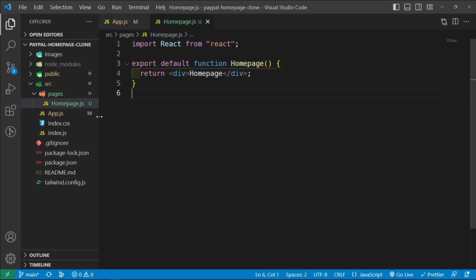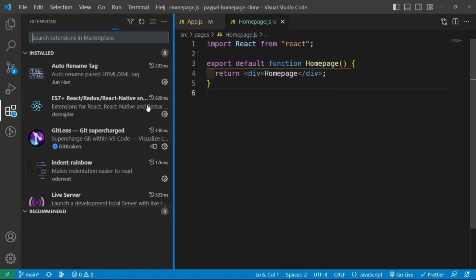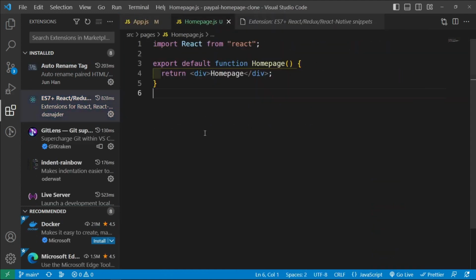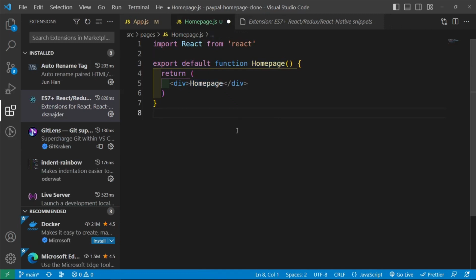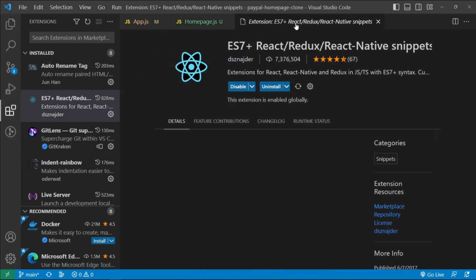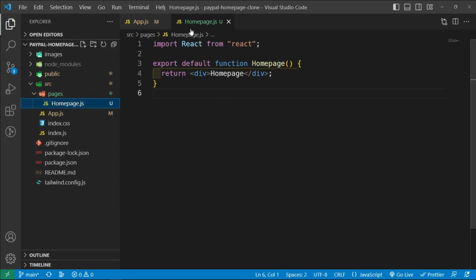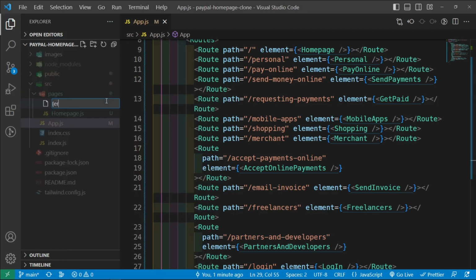Now RFC comes from an extension that I have that is called ES7 plus React Redux and React Native snippets, such that I can do shorthand properties like RFC, and it's going to create a function component for me and export it as default. It just makes the programming faster because you don't have to keep on repeating some blocks of code that you don't have to. So once you create homepage, you can close it down, and then let's go ahead and create personal. So personal.js,